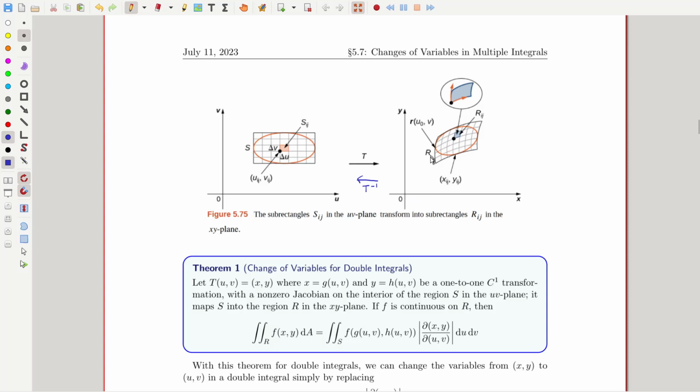You would make the orientation around R depend on the orientation around S. And so if, say, you went from this point to this point, but the transformation ended up going from this point to this point, but in the opposite direction,